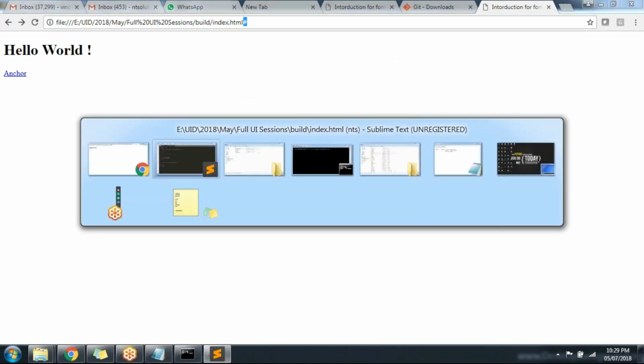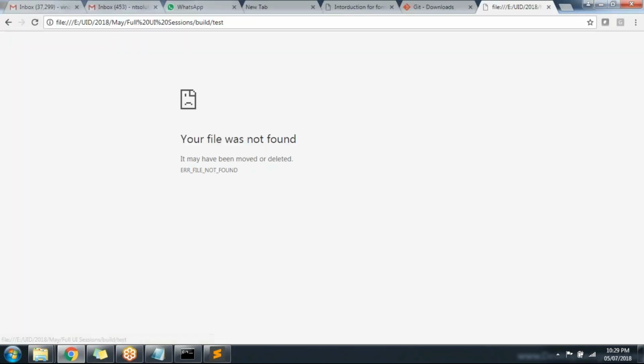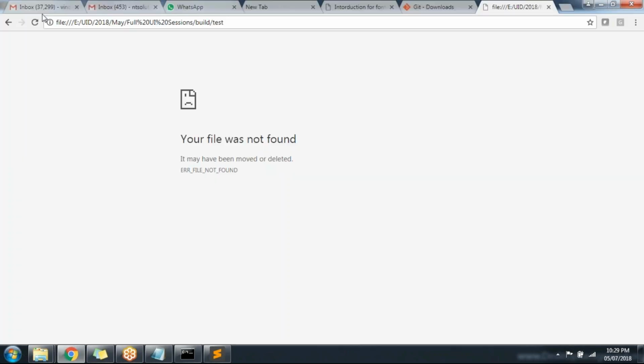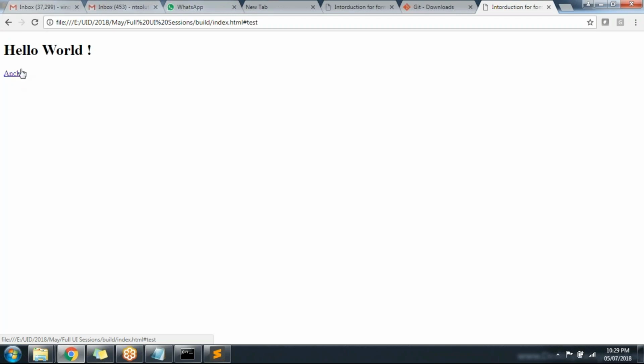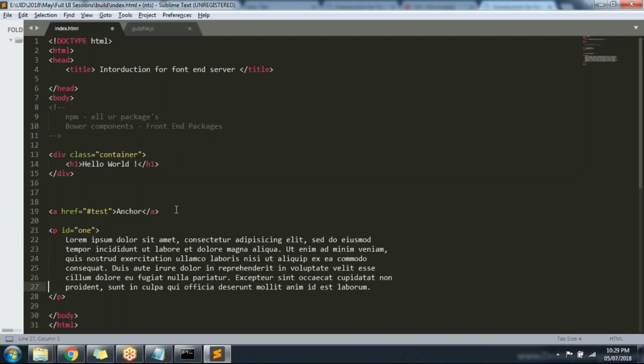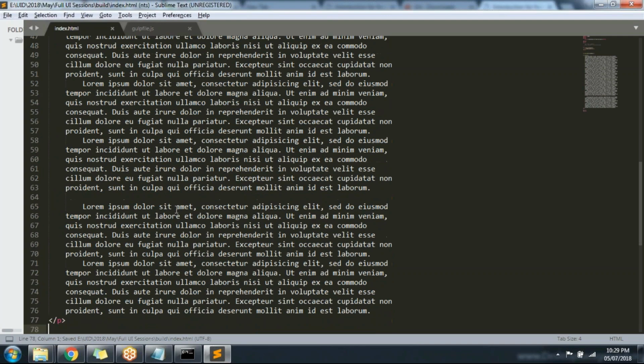Okay, hash means if you are going to add any parameter here in the href, let us take the example test. Simple ga refresh cheyandi, click cheyandi, sorry, hash test. Okay, hash test anadi ikkada add avutundi. So main advantage entante, let me try to take some paragraphs. Okay, paragraph id is equal to, I can say 1, and inside I'm going to give dummy text. ఎందుకన్నా మంచిది, కంటెంట్ పెంచుతా బాగా. 3 4 5 6 7 8 9 something. Okay, next